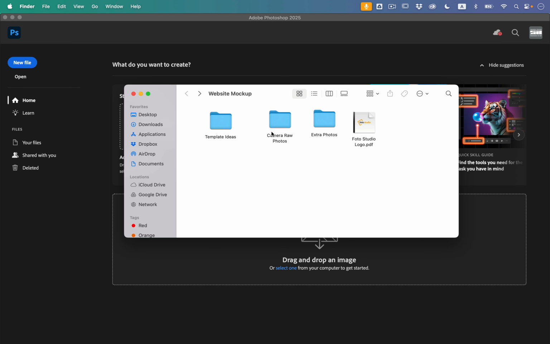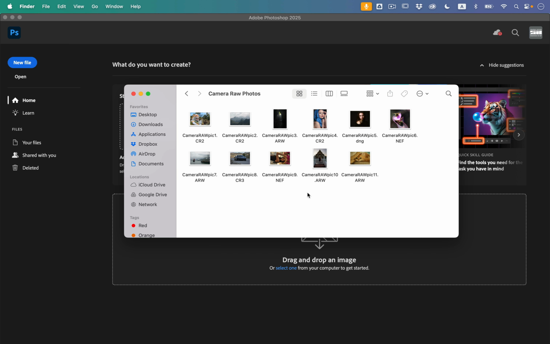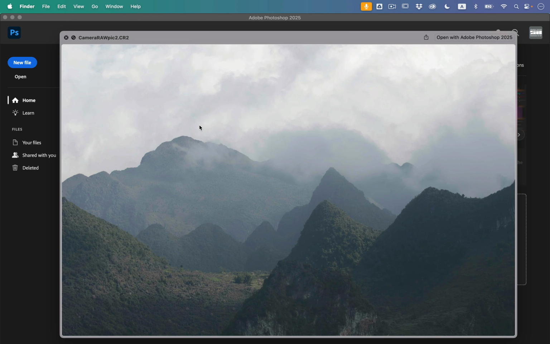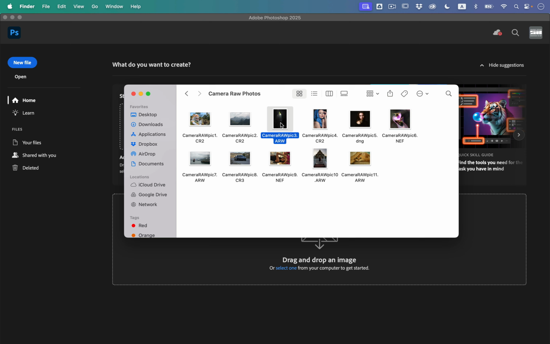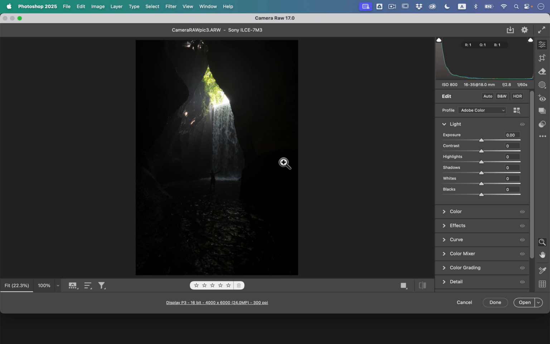Let's start off by editing our camera raw photos. Now, there's a lot of different ways you can go about editing and changing these up. Some of these may need more work than others, but each one of them has its own unique little features. And I'm going to show you a couple of things to think about, maybe even some artistic stuff that you could incorporate into your design. I'm going to start off working with this one. We'll open it up into Photoshop. You can simply drag it on, or you can go up to File and open it directly into the Camera